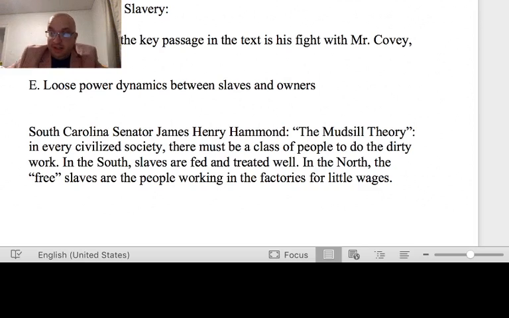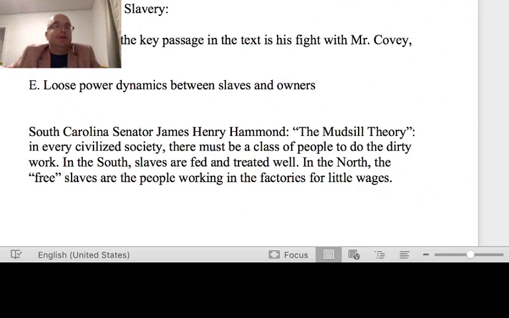Hammond's argument was, in the South, we treat our slaves well, right? We feed them. But in the North, you have poor laborers who are getting mangled in factories, who are not making enough money to support their children. Right? And these, Hammond says, up north, your slaves can vote. Right? So